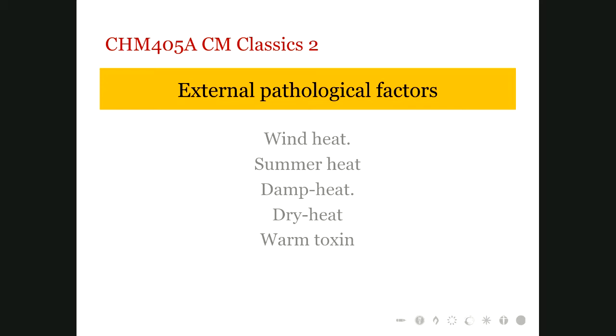Summer heat warm disease will be related with the summer heat pathogen, and damp warm disease will usually be related with the damp heat pathogen, and autumn dry warm disease is related with the dry heat pathogen. And warm toxin is the warm toxic pathogen, because all are fever dominated. So you can see, besides the first term, the second term is always involved with heat. For the last pathogen, warm toxin, both indicate that it is more severe heat as well.